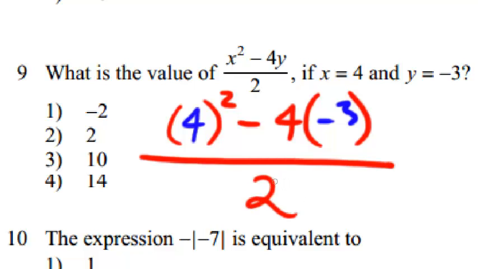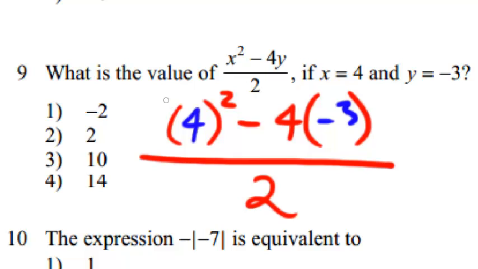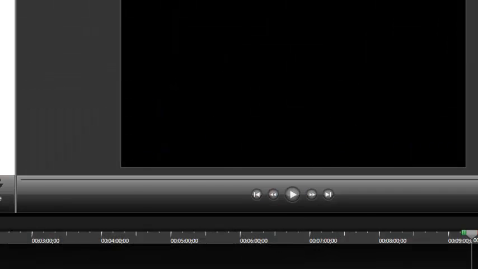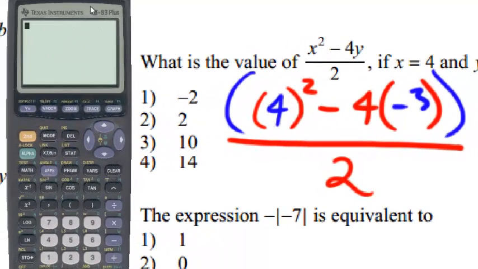Now we're going to have to do one extra set of parentheses to keep everything in order and to tell the calculator that this up here is the numerator, and what's on the bottom is the denominator. So I'm going to add an extra set of parentheses. So we've got quite a few, but now when we go into our calculator, I'm going to put